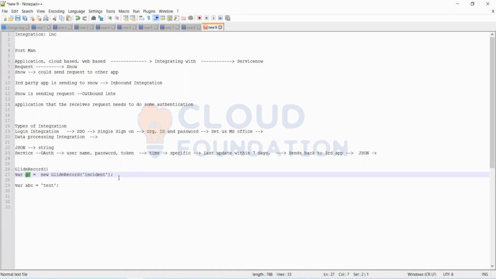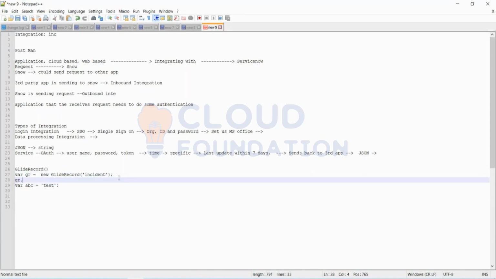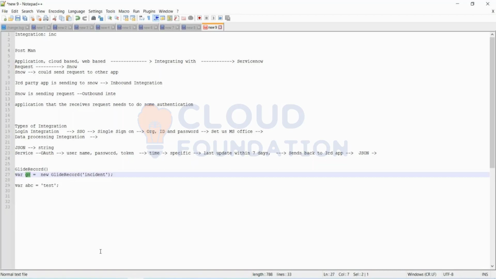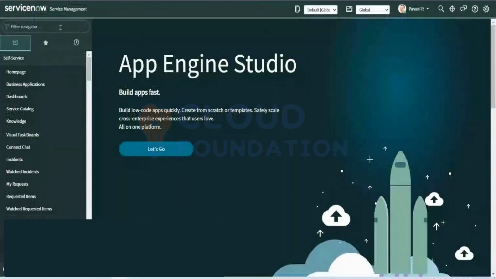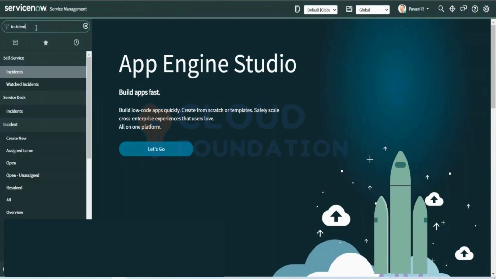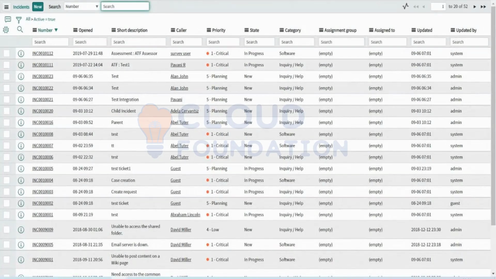Tomorrow if I have to access this object's incident table state, what am I going to do? Just put gr dot state, if I need to access the value of it. See, now I'll give you an example. I'm gliding into the incident table, and if we want the state of the particular incident, we can directly write gr dot incident. I'm gliding into the incident table with the variable gr. Until I initiated it, it was a variable. Once I did a GlideRecord into the incident table, what does that become now? It becomes the object, right?